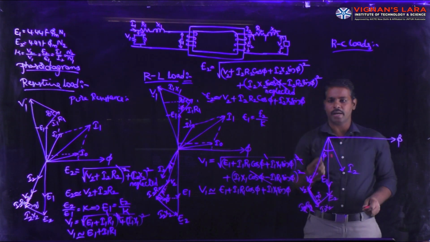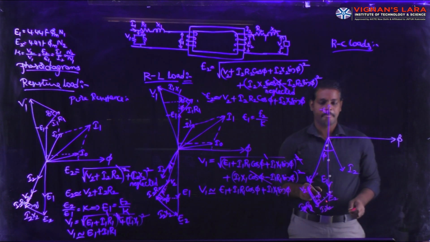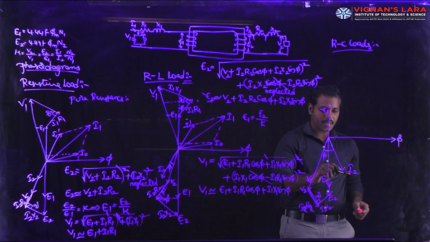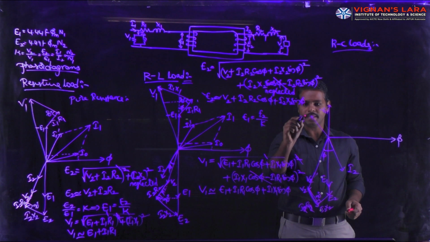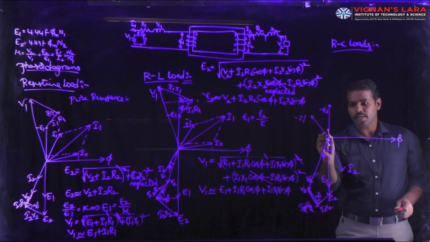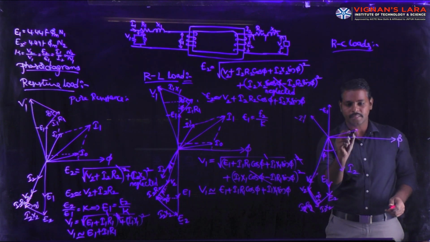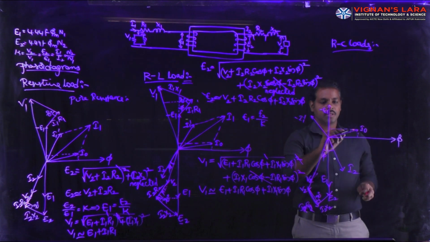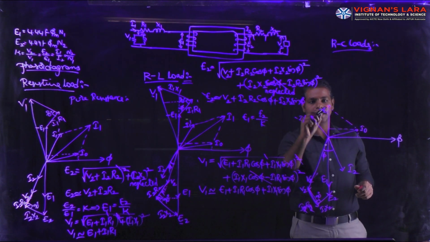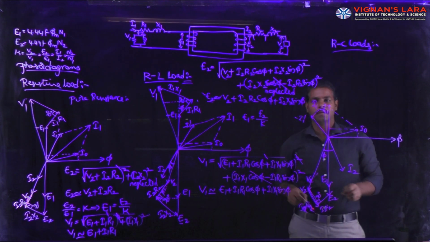So what about the upward direction? It is equal to minus E1. I2 is in this path, which is in the opposite direction, I1 dash, minus I1 dash. Already we know the general representation of I0 is the summation of the core loss component and the magnetizing component. The resultant of these two is always equal to I1.